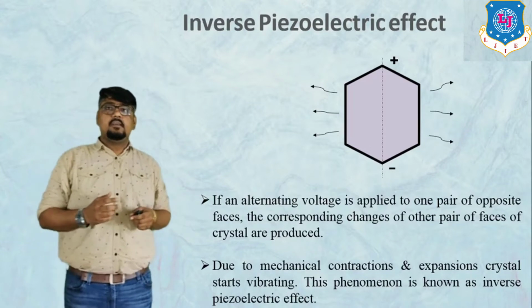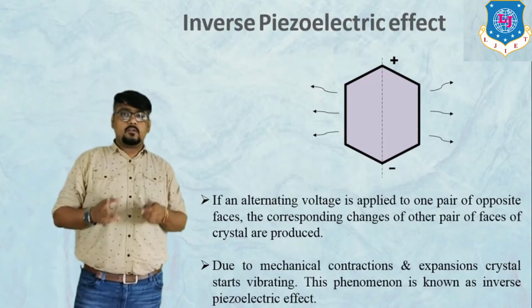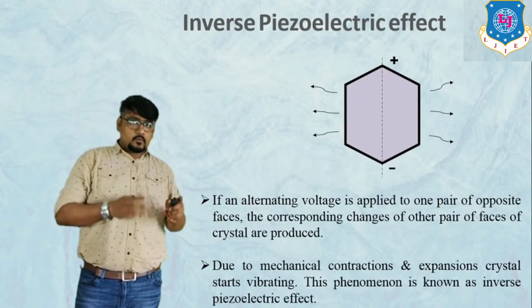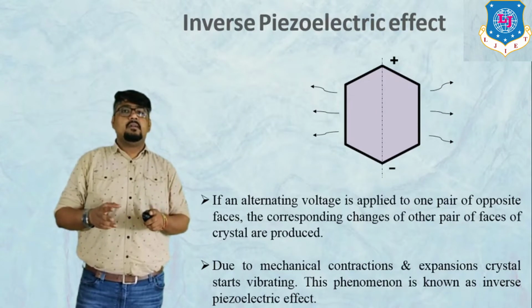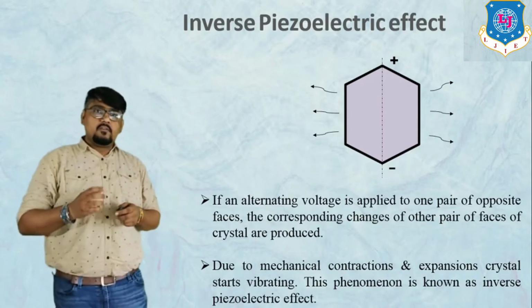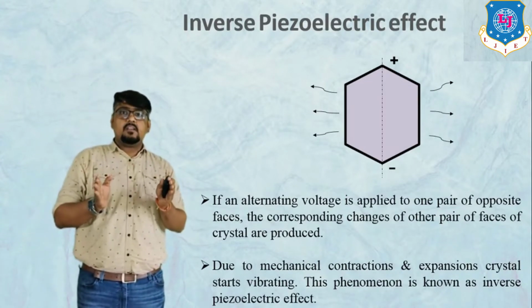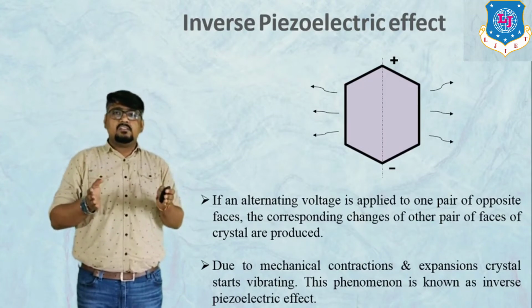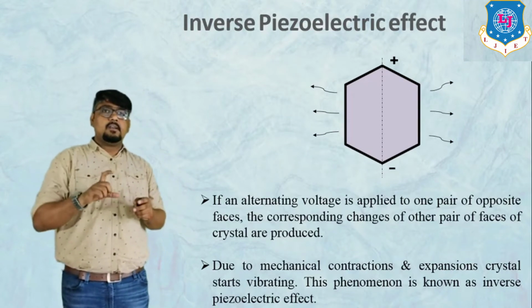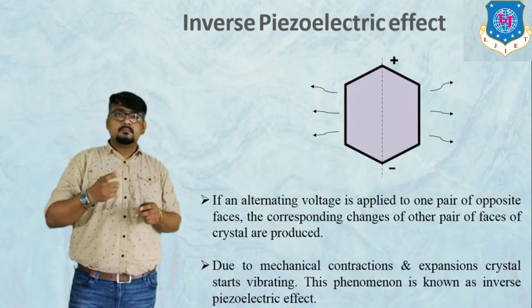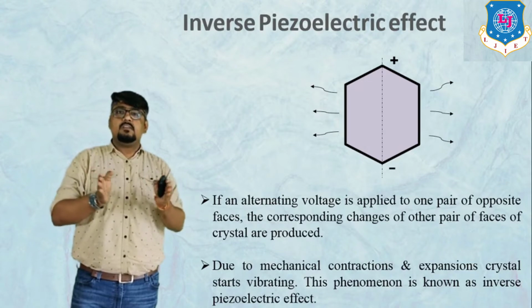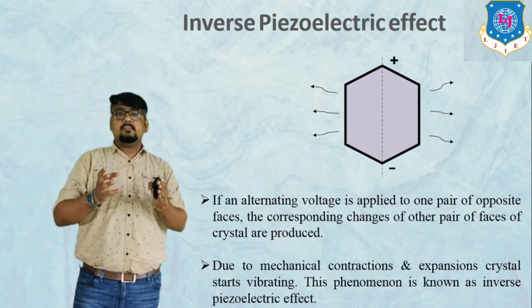Now the study of this effect is very important to understand the production of ultrasonic waves by the piezoelectric method. Actually, the production of ultrasonic waves by the piezoelectric method is based on the inverse piezoelectric effect. I will teach you how. If an EMF is applied, pressure or some energy is developed on the faces. Now think, if this EMF is alternating, plus becomes minus, minus becomes plus, then there will be sudden expansion, contraction, expansion, contraction, and this will literally create a vibration.